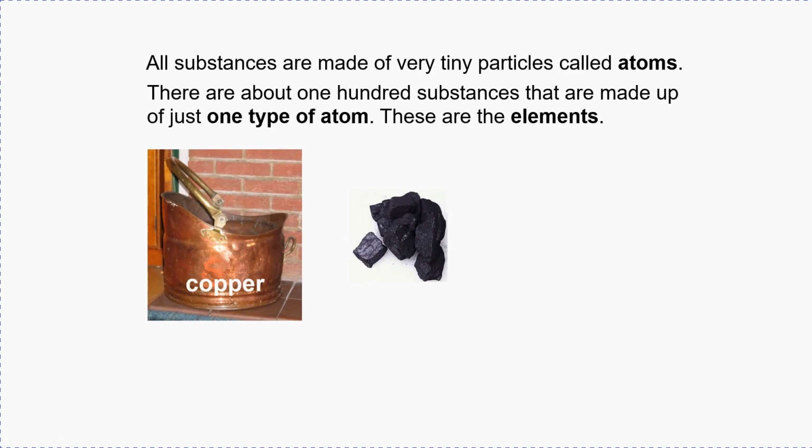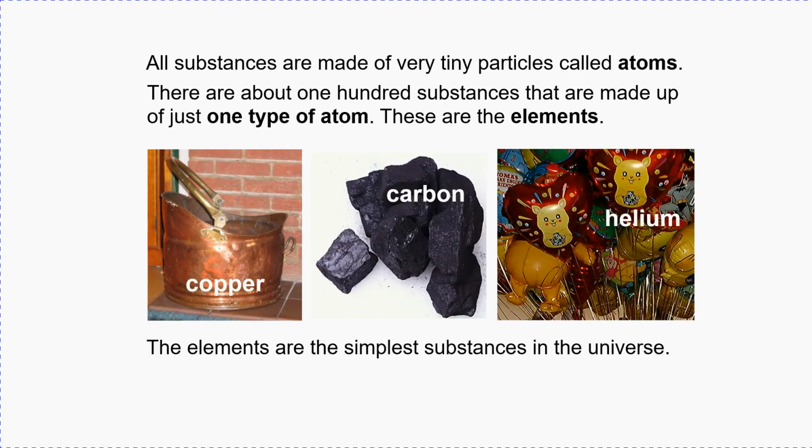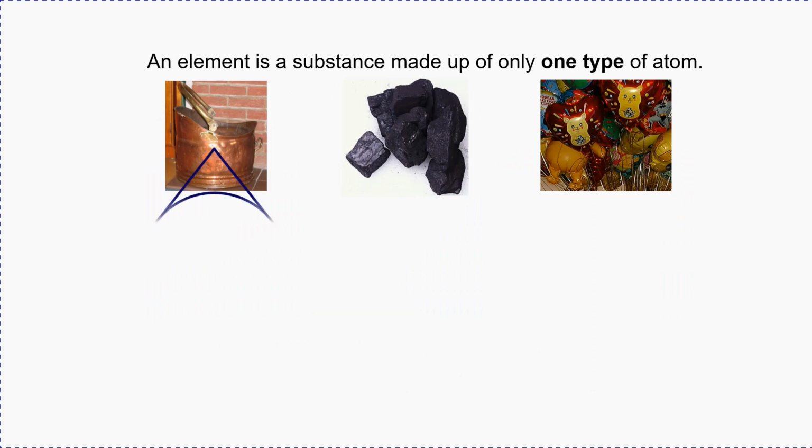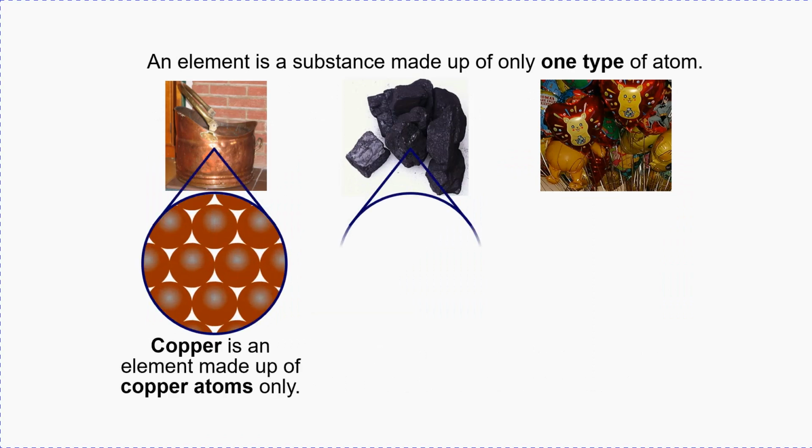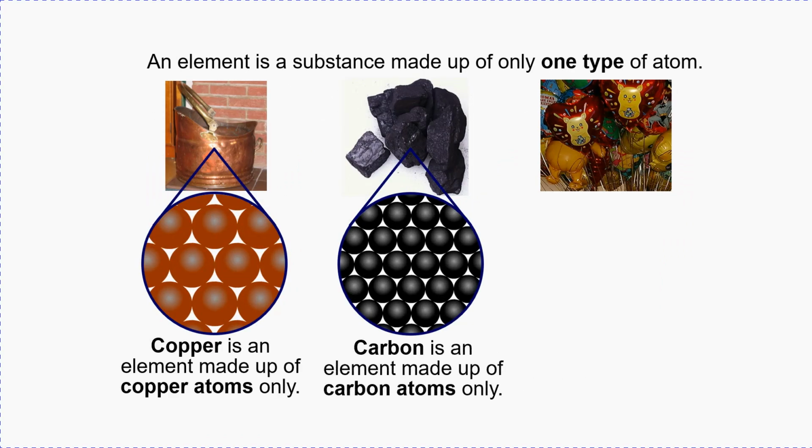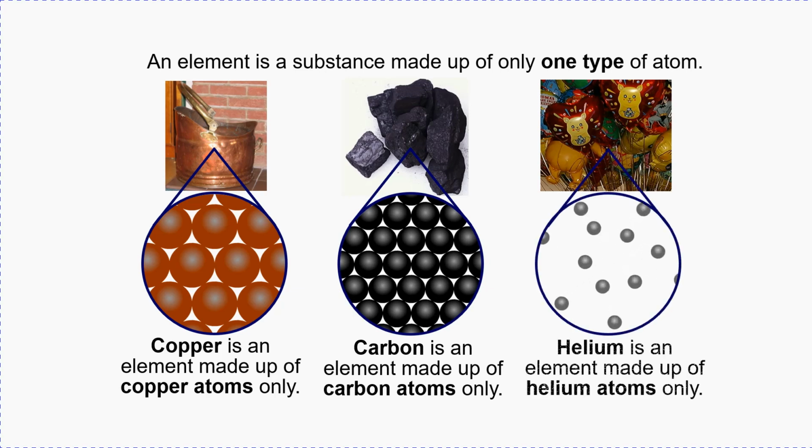Okay then, so in terms of what everything is made of, in chemistry, everything is made of atoms. That's the smallest thing that we describe, okay? And elements are made of one type of atom. All the elements are listed in the periodic table, and if you broke those down into the simplest, smallest particles that you could get, each of those atoms would be exactly the same. So copper is made only of copper atoms. Carbon is made only of carbon atoms, and helium is only made of helium atoms.